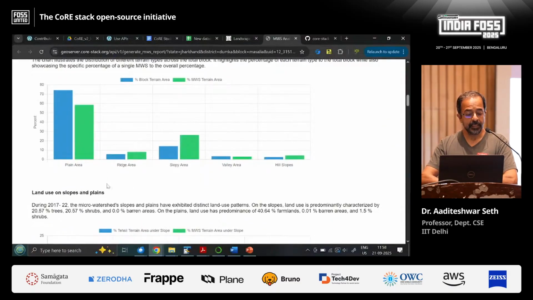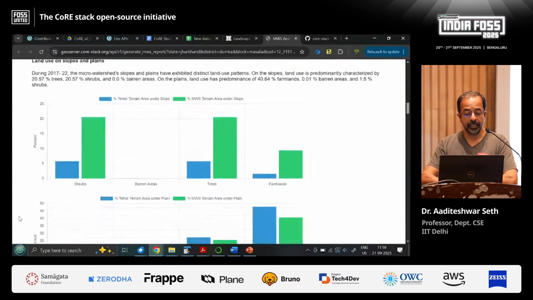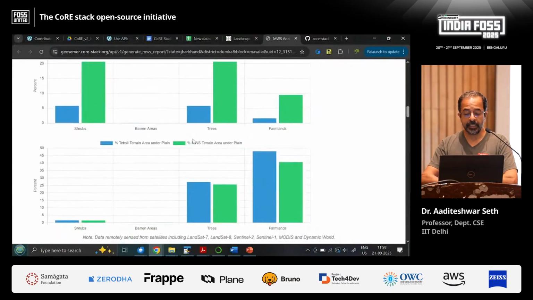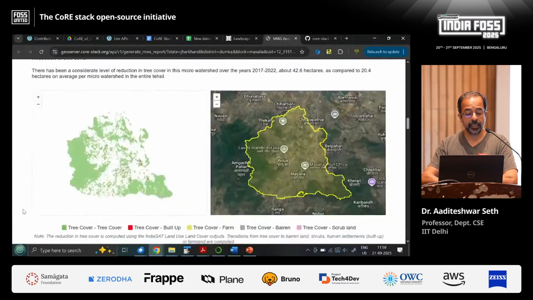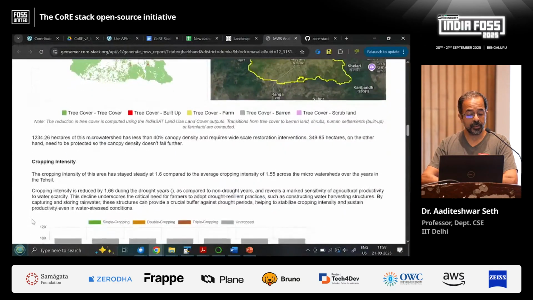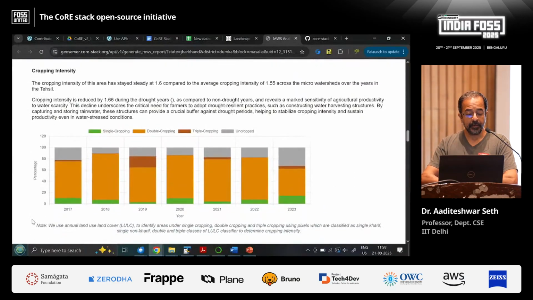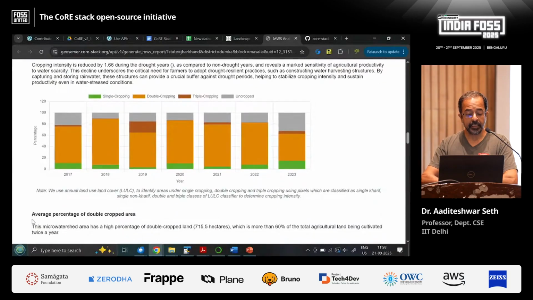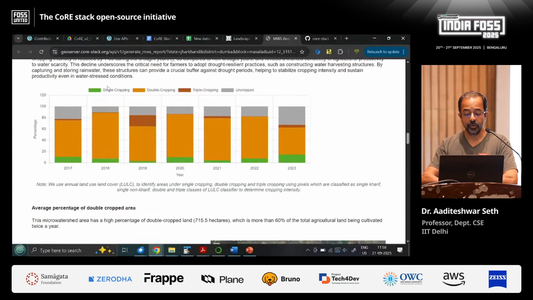And likewise, these are detailed reports that are generated automatically for each micro watershed. What's the terrain like, some statistics on how much area is plain or how much area is on ridges, what's the land use like, how much area has crops or trees. Where has there been a reduction in tree cover, tree cover which has turned into built up or barren?